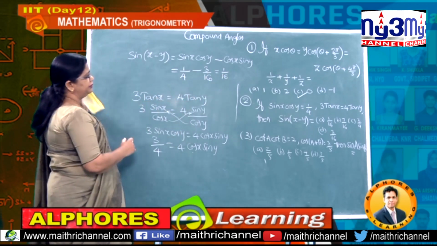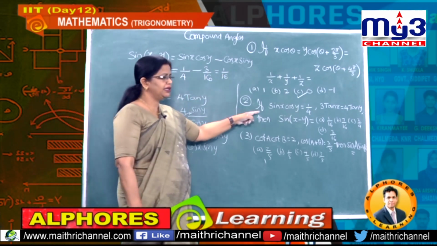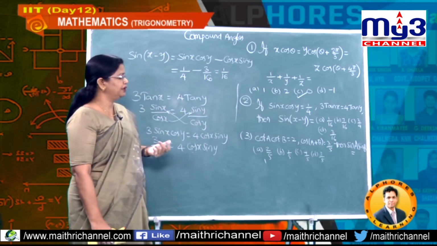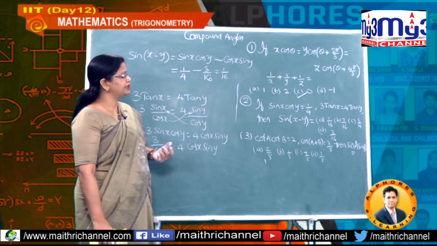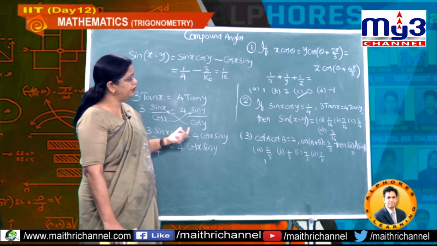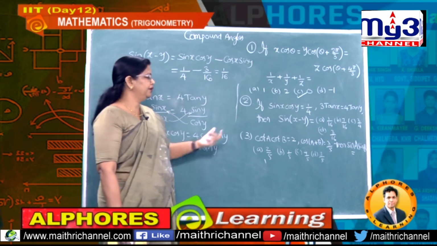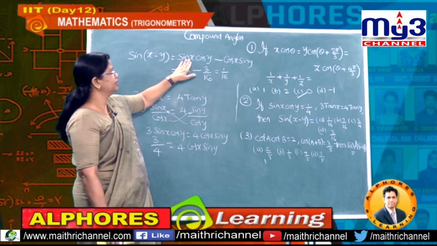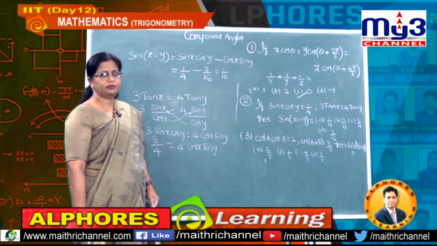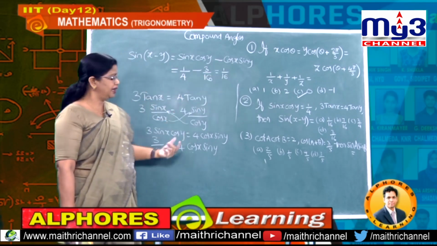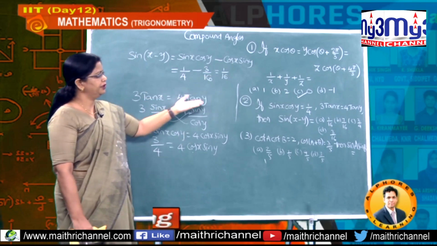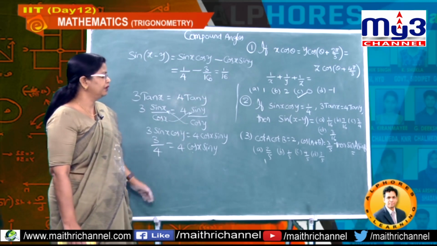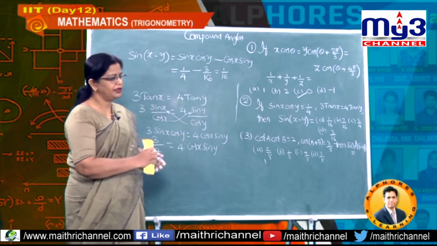Got it? So, whenever these kinds of problems are given, do not try to get individually what sin x is, what cos y is, what about cos x and sin y. You have to substitute them as a product. Understand? Sin x cos y as a product we substituted, cos x sin y as a product we substituted using the given data. In the same way, the third problem also you can do.